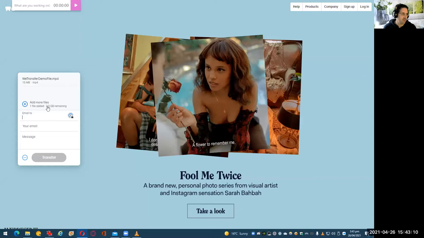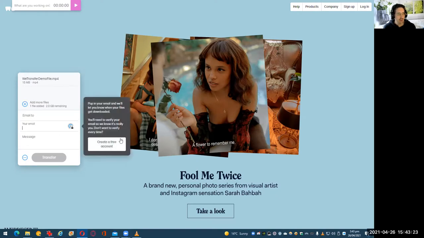And you can add, well, you've got 2 gigabytes remaining. So you can add multiple files or folders. And as I said, you can use this to email to someone. And obviously they want you to